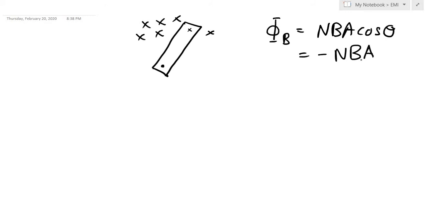Now is there a change in any of these quantities? Magnetic field, no, we assume it to be uniform. Number of turns we'll just assume to be 1 for now. It's just one metal sheet. Now area, well, yes, it is changing. How is it changing? So when